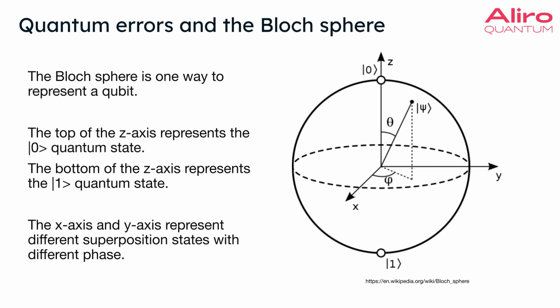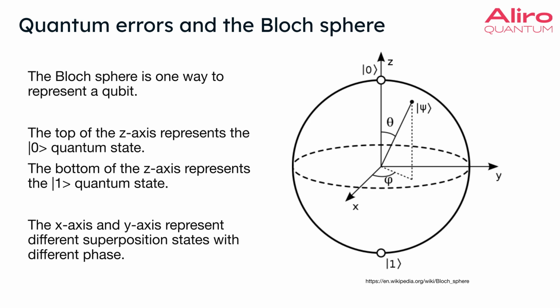Basically, it's a sphere with a radius of 1, with a center at, say, the origin of a Cartesian coordinate system. The top of the z-axis for this Bloch sphere will represent the 0 quantum state, and the bottom of the z-axis will represent the 1